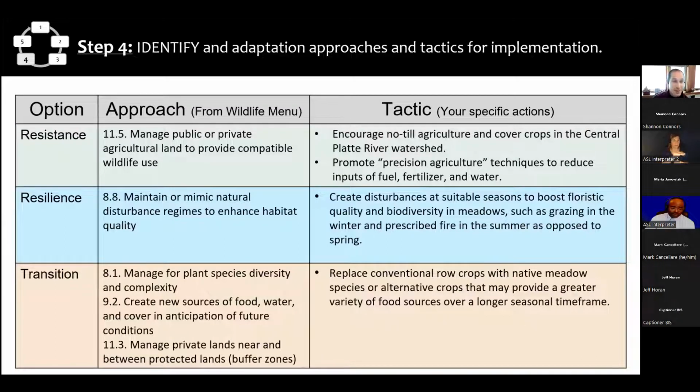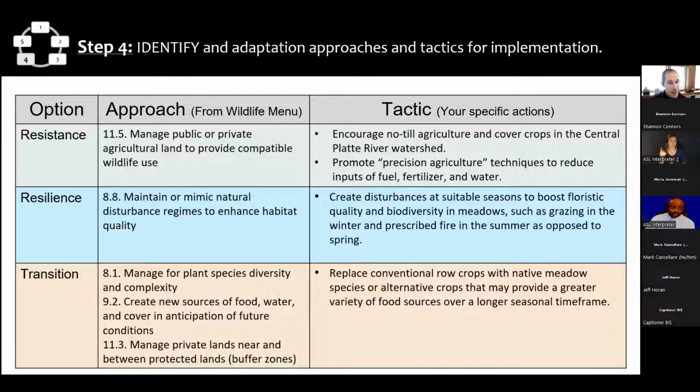Going forward, just to show some of the adaptation actions this group of managers selected from the menu to inform their plan. And I organized these according to resistance, resilience, transition, just to highlight that they found a spectrum of ideas in this menu, different ways to respond to climate change risks.